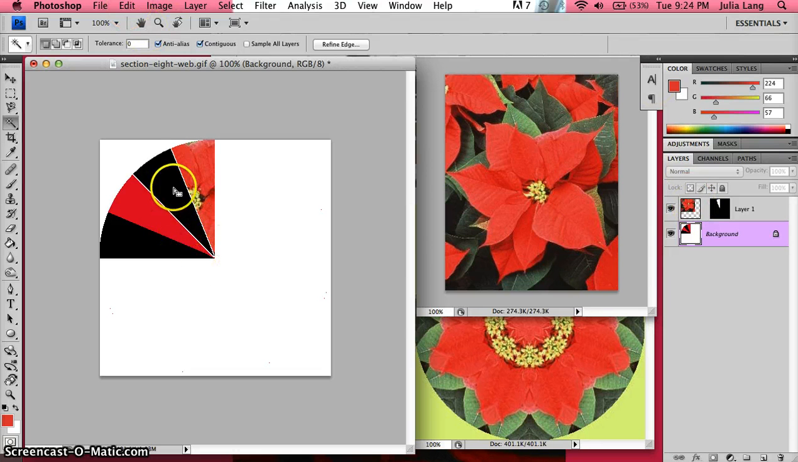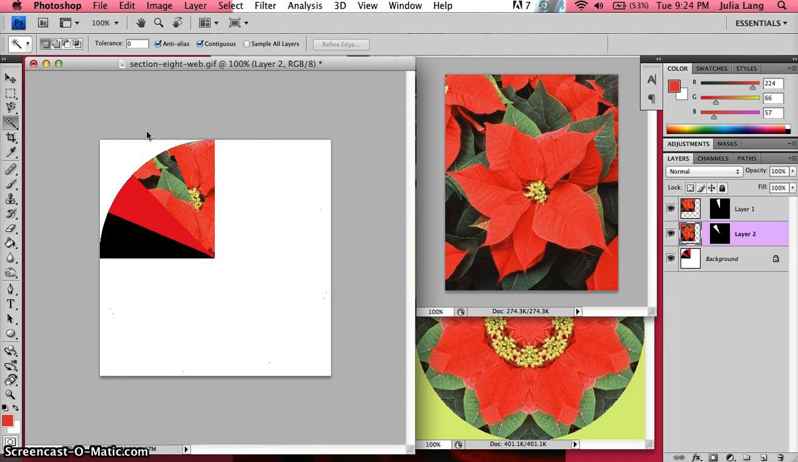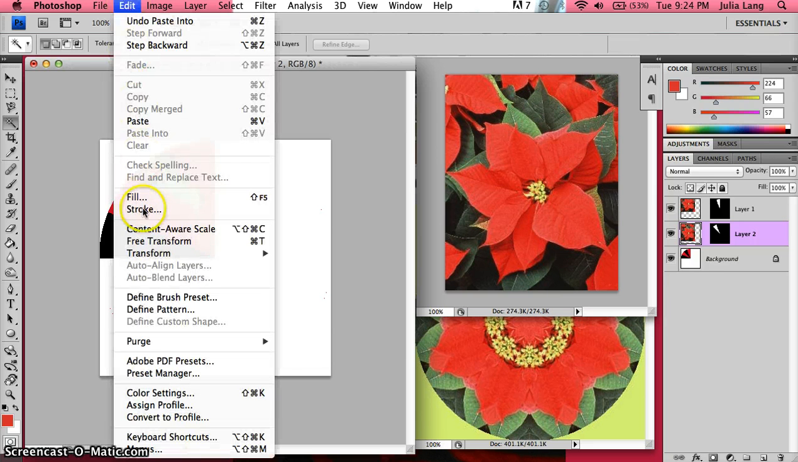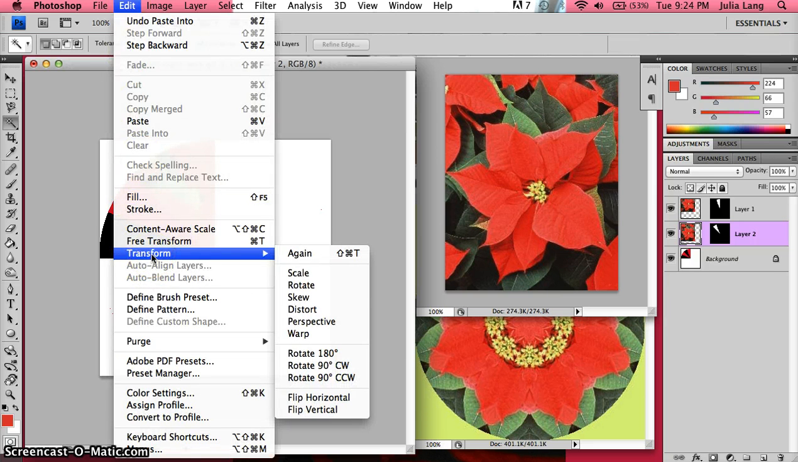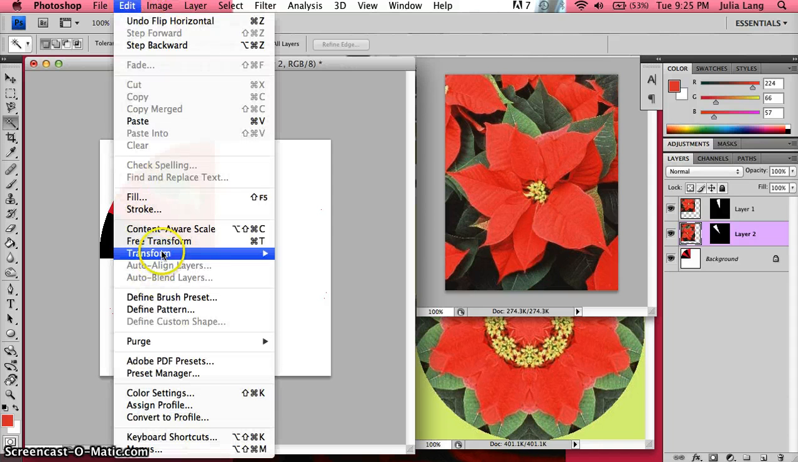Now for this second wedge, we're going to do the same thing. You're going to go to Edit, Paste Into, because we still have that original piece that we copied from the poinsettia. And you are going to take the transformation menu and you're going to make two transformations on this. So we're going to go to Edit, Transform, and down at the bottom you're going to click Flip Horizontal,